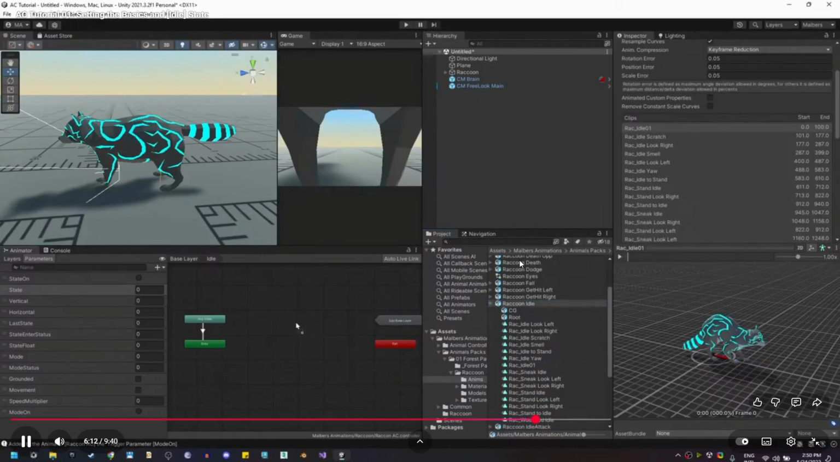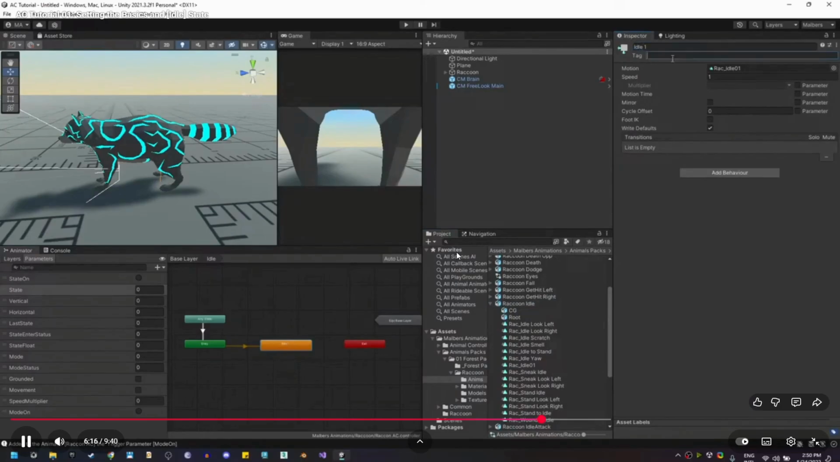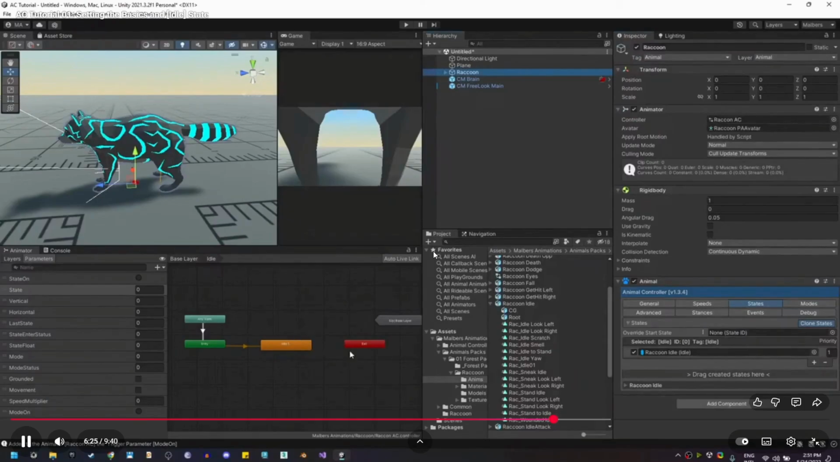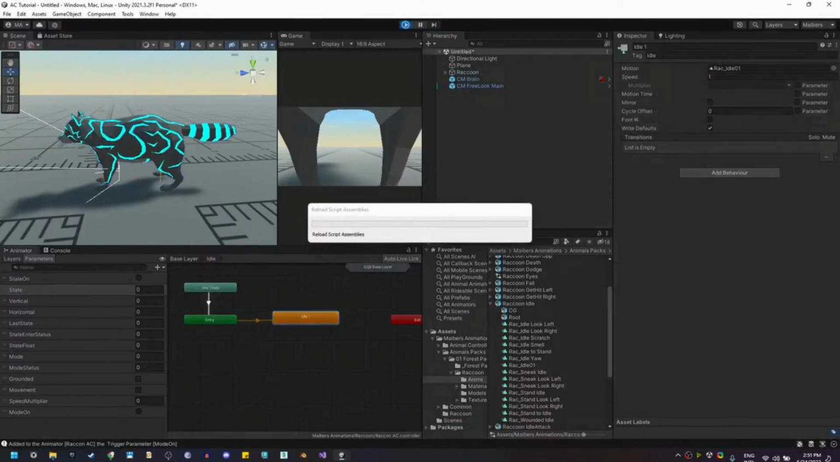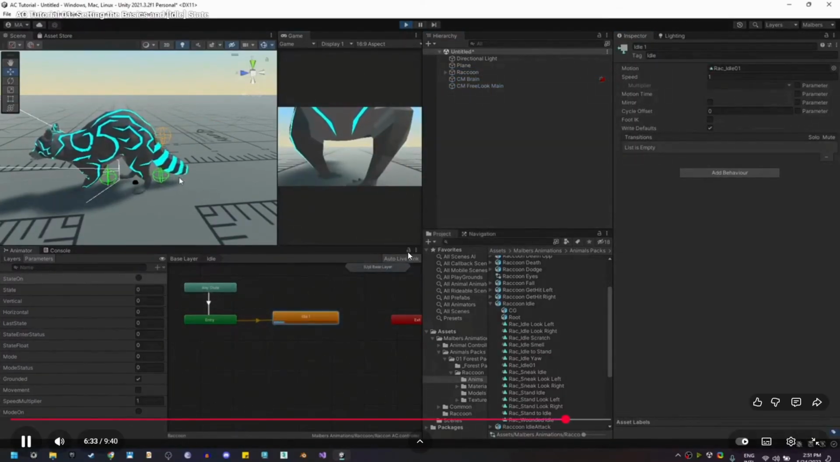And let's drag Idle 01 to the scene. Let's call it Idle 1. And we need to use the tag Idle, since it's required for the animal controller to recognize which animation is playing. And now if we hit play, you will see that the raccoon is idling. As you can see,